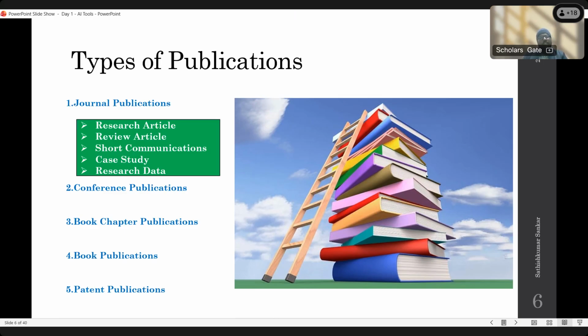Review articles are based on your research topic and research area. You find that particular topic and review the articles published in this area. There are different types of review articles; I will let you know in the slides, so don't worry about that. The problem here is that most well-reputed journals do not accept review articles from an unknown person, that is, a solely unsolicited review.